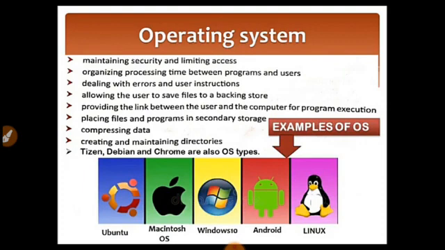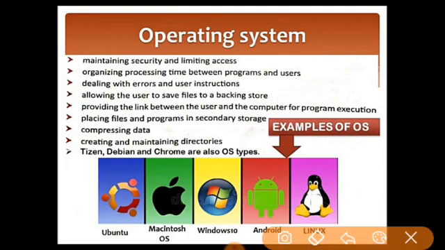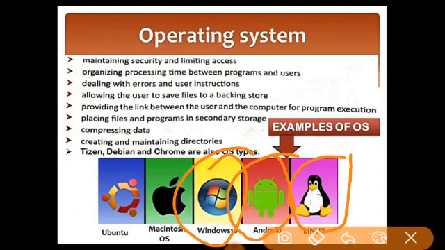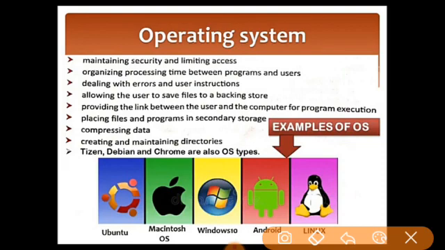And at the bottom you can see we have given some popular examples of operating systems. This Android one everyone is using. Windows 10 in the computer we are using, or Windows 7 is also an example. Linux, which you have been seeing in your Teach Next. And these two, you are using the Apple phone, and this one is also used as an operating system. So all these are different operating systems.